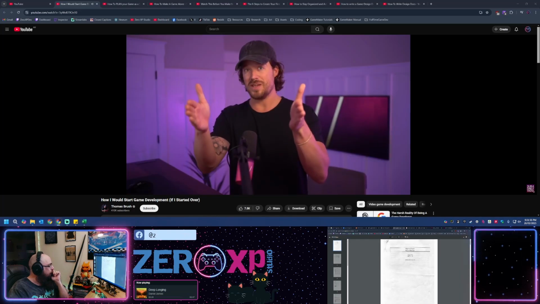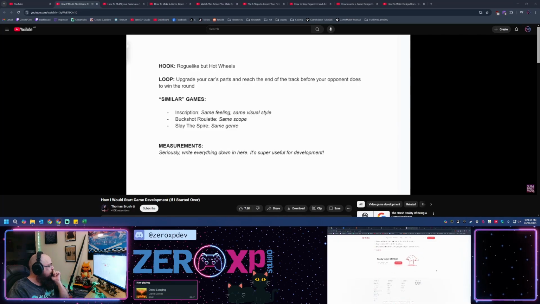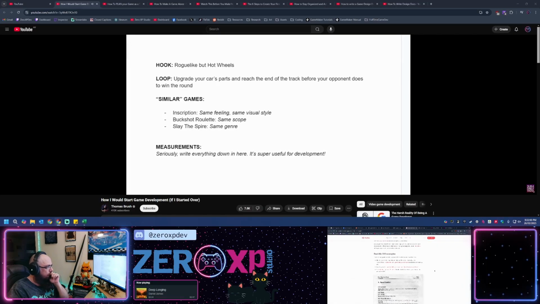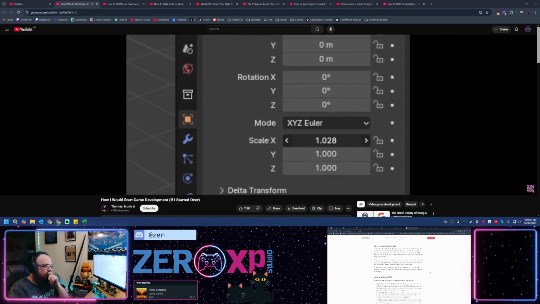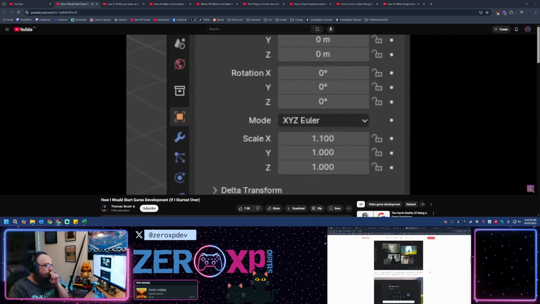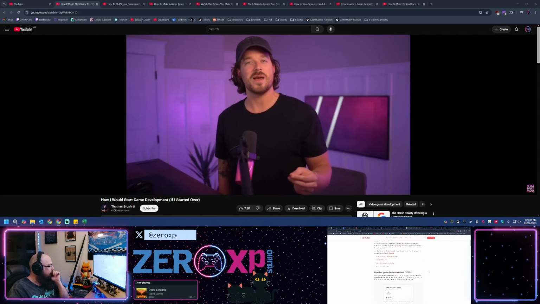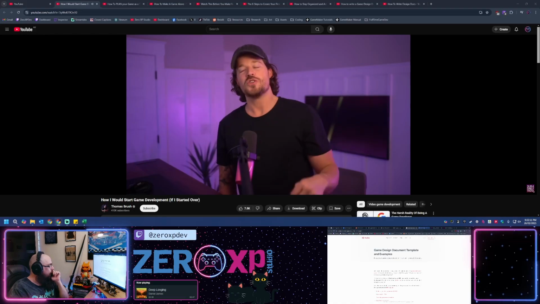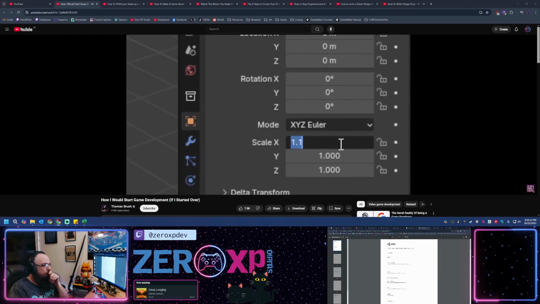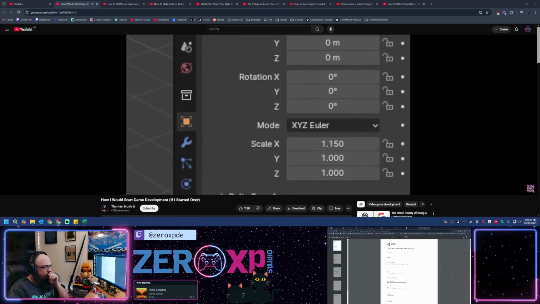All of these things should be, frankly, written down in your GDD. These are my measurements for every little thing in the game. That way you can hyper fine tune all of those measurements, and every decision you make about the visuals of the game, we'll talk about that in a second, every decision you make about the visuals of the game are correlated to those measurements. Now they'll change and you'll tweak them, but at least you have a foundation.